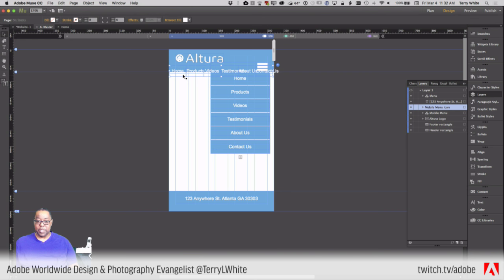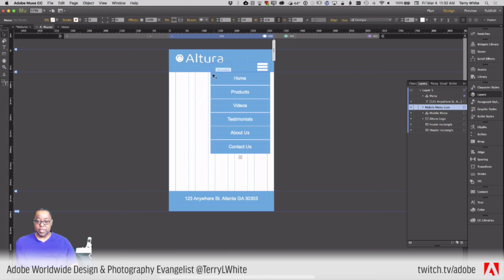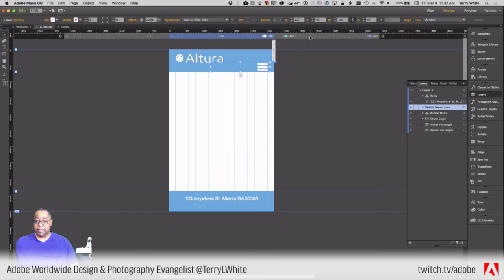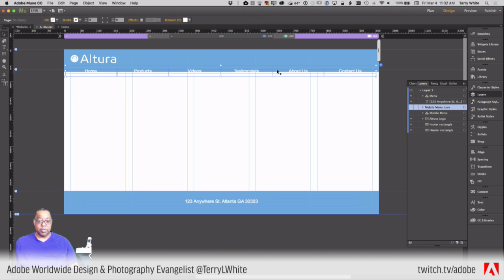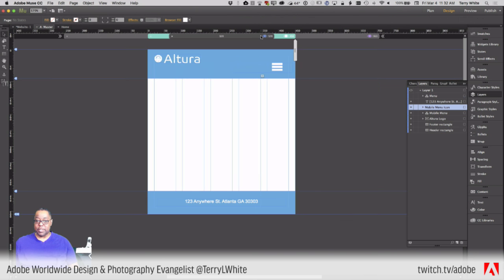And so here we don't want this object. Hide and breakpoint. There we go. And here we want to move this back again. All right. So there we go. We're good. And from that point on, so now if we refresh this,